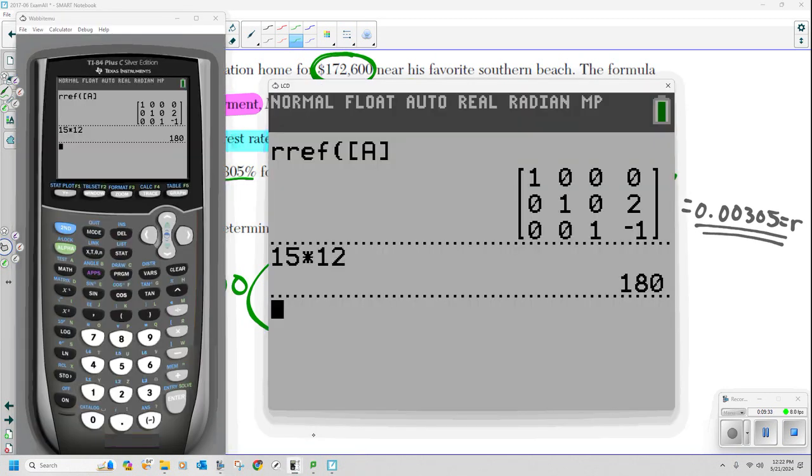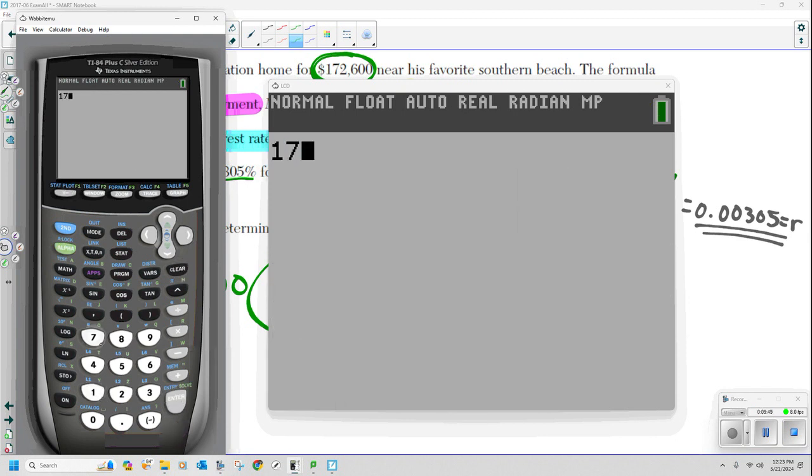So I have 172,600 times, let's get a fraction going here because we can. 172,600, parenthesis, and the top is